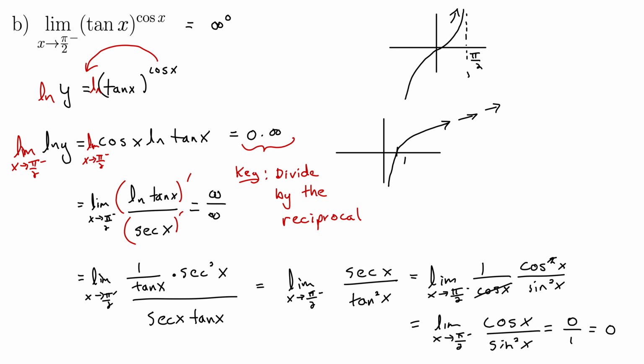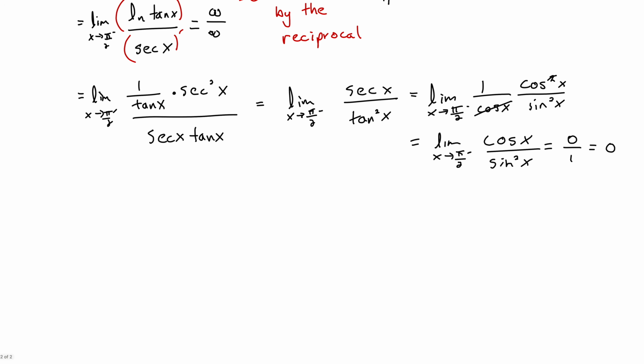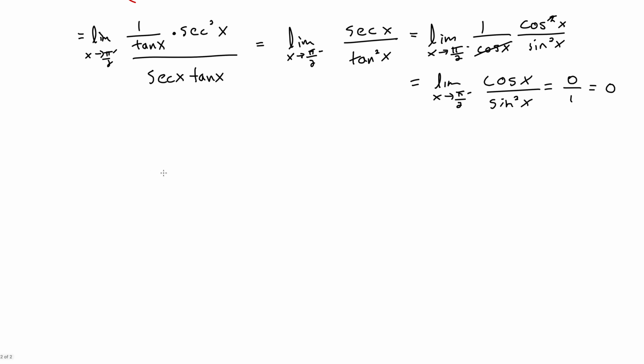So we're almost there, but that's not our actual answer. What is our actual answer? Well, it's e to the 0, which is 1. But I'll provide a little bit more of a theoretical approach to that. Remember that we had the limit as x goes to pi over 2 from the left of natural log y, which now is 0. So we'll take both sides base e,